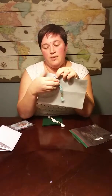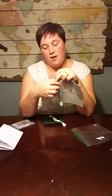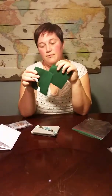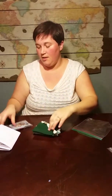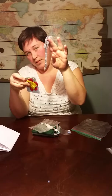Then there'll be a color of thread to use for your stitching around your chrysalis and for the little hanger. Every kit is different, so every color is a little bit different. There'll be 4 pieces of little felt. These are your leaves, and there'll be a color that will be for your blanket stitch around your leaves and to hang them. In this little bag, you will have the yarn to make your caterpillar,